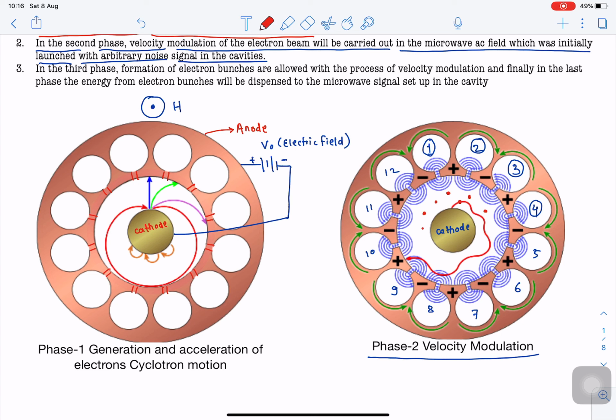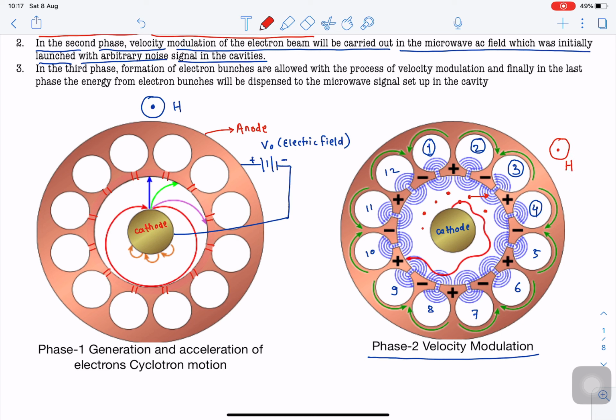Now because of the electric field, these electrons will tend to travel in a straight line towards the anode, right? As the anode is connected to the positive potential, when the electrons get released, they will start traveling towards the anode in a linear direction. But please remember, there is also a magnetic field acting on this motion of the electron in a perpendicular direction from the vertical. So there is a presence of magnetic field.